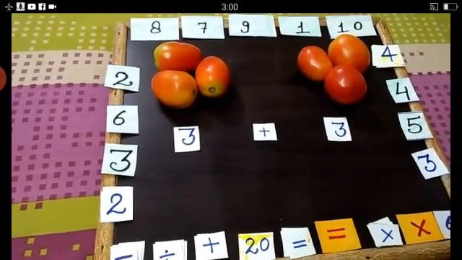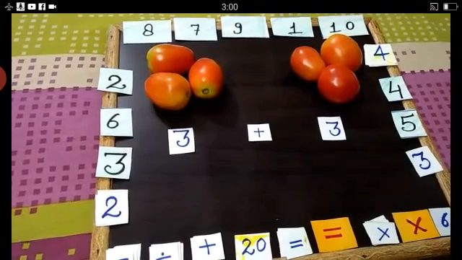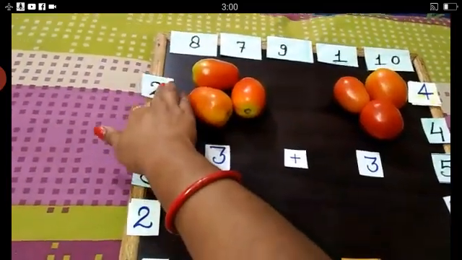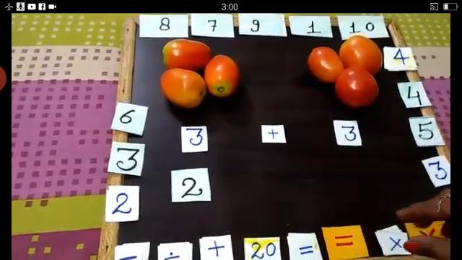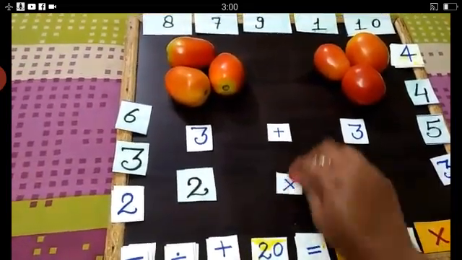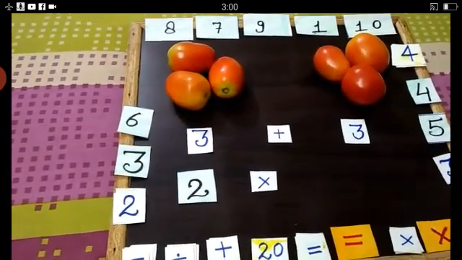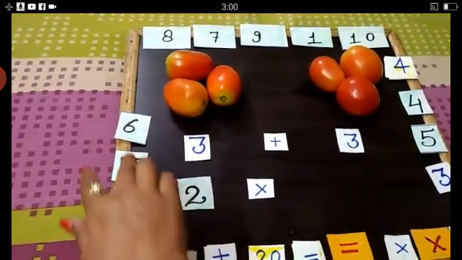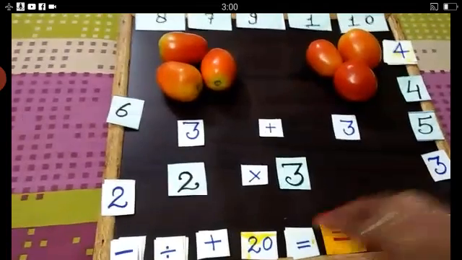So first, what do you have to write? Number of groups. So how many groups are there? 1, 2. 2 groups are there. So take 2 from here. And the multiplication sign. And then, how many numbers? Count the tomatoes in each group. 3. So 2 into 3 is equal to,